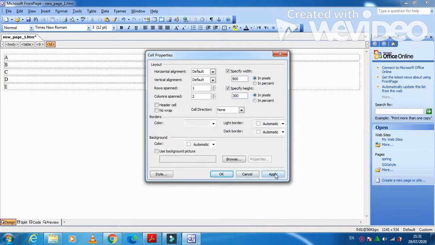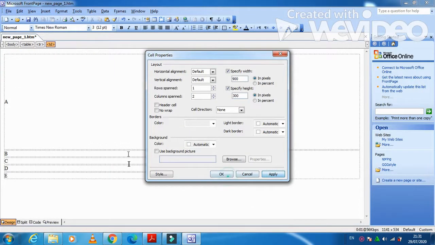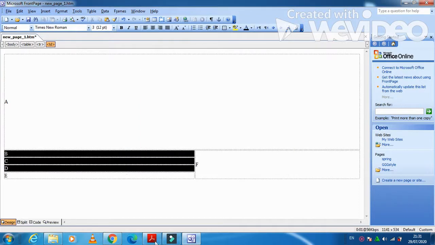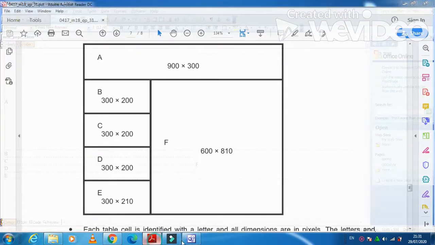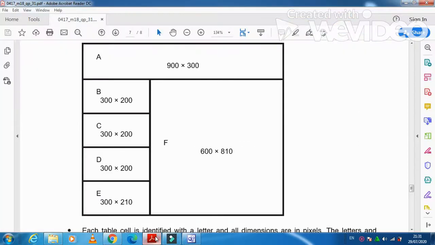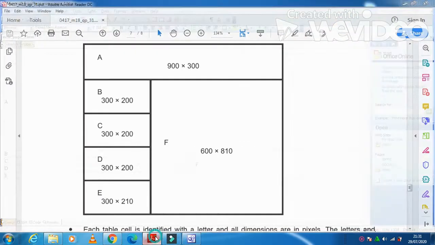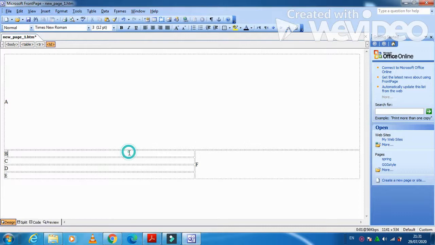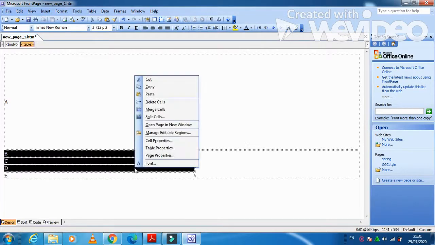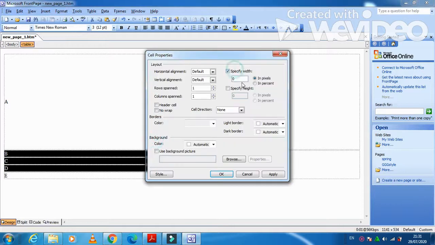Click on apply. Now these 3 cells we need 300 pixels wide and 200 pixels high. So right click, I'm going to type here 300 and then the height is 200.